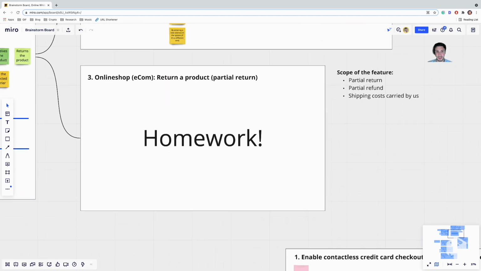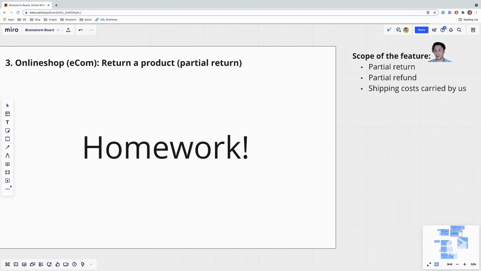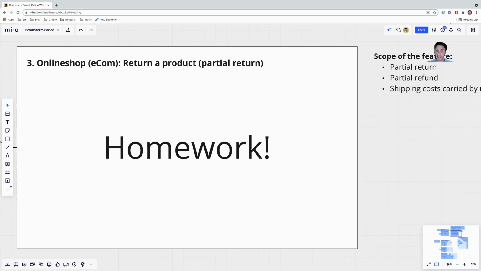However, we just talked about a full order return. What about returning a product partially? And this is some homework for you. I want you to think about a process, how you would create it based on the fact that we have a partial return, a partial refund, and the shipping costs are getting carried by us. So I don't have the answer. I don't have a complete story map that I will share with you, but I want you to think about it,